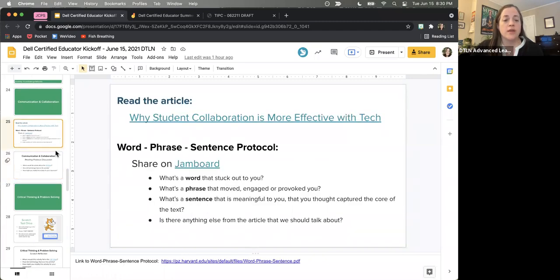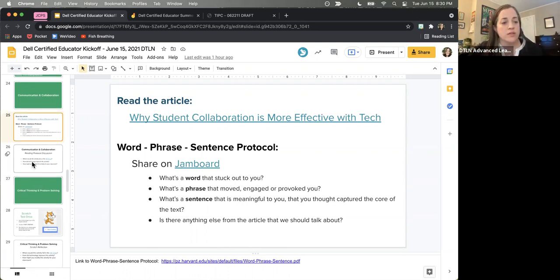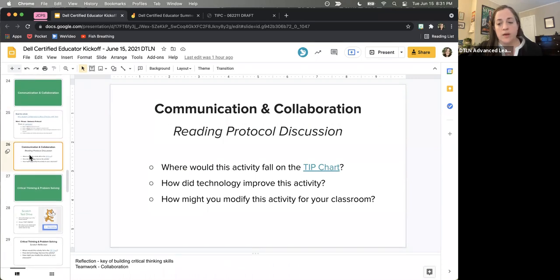And just so you know, on that read the word, phrase, sentence protocol, there's a link in the comments of the slide. So if you're trying to find it later, there is a link there for it. But that Harvard Project Zero, if you look it up, there's a whole slew of really cool things like that, where they make stuff really simplified and help the students walk through things as they go. So absolutely.